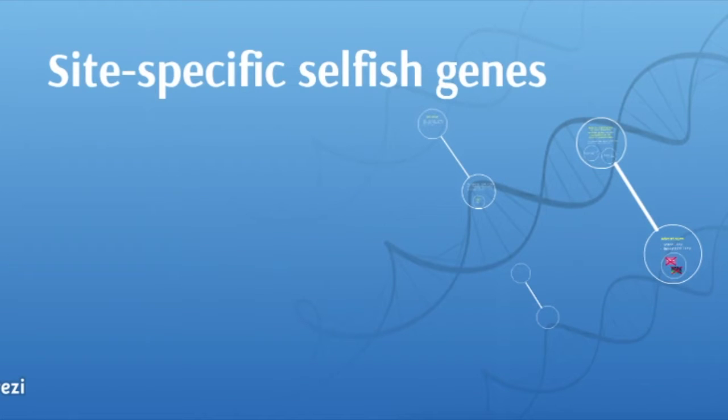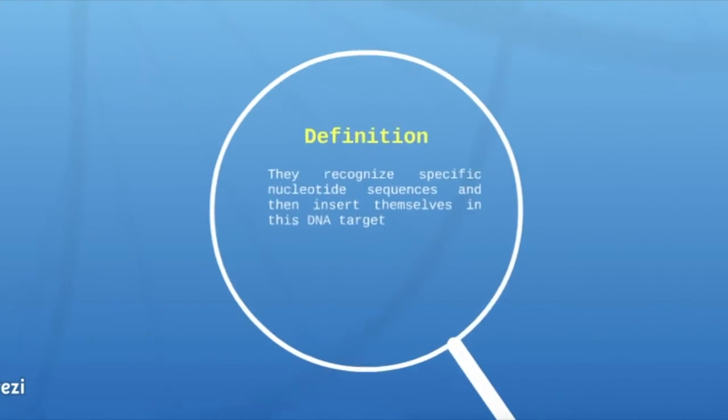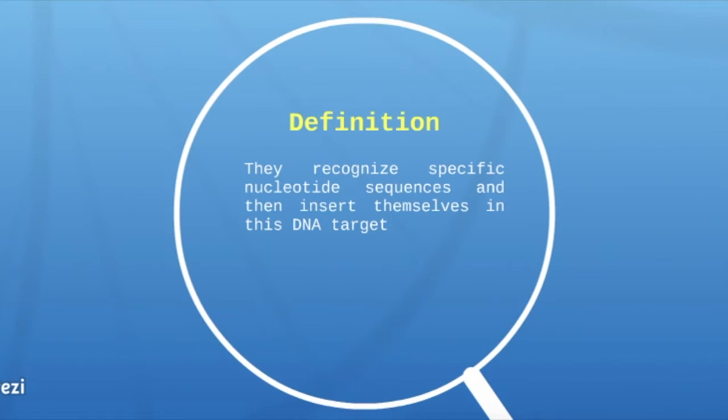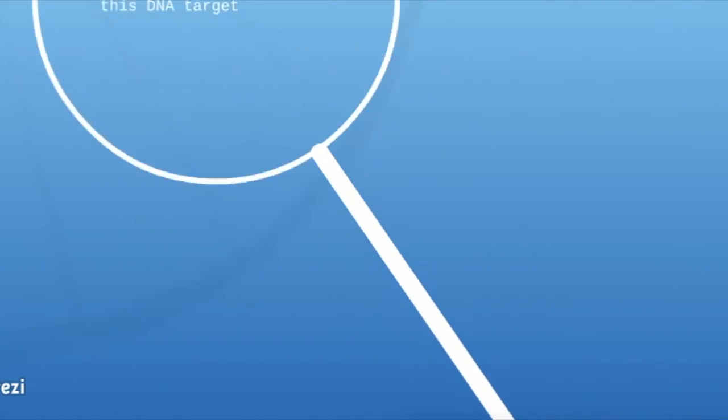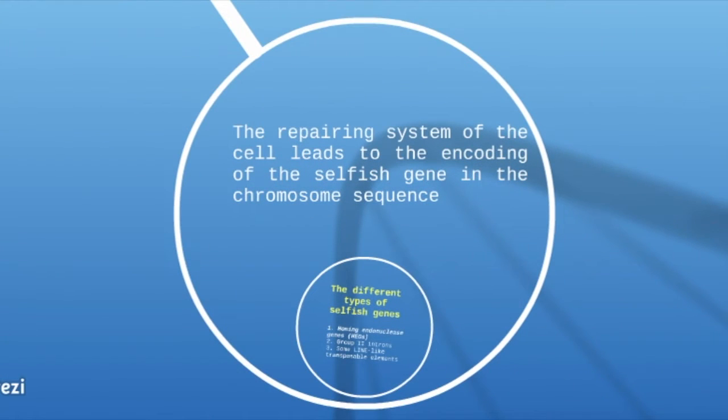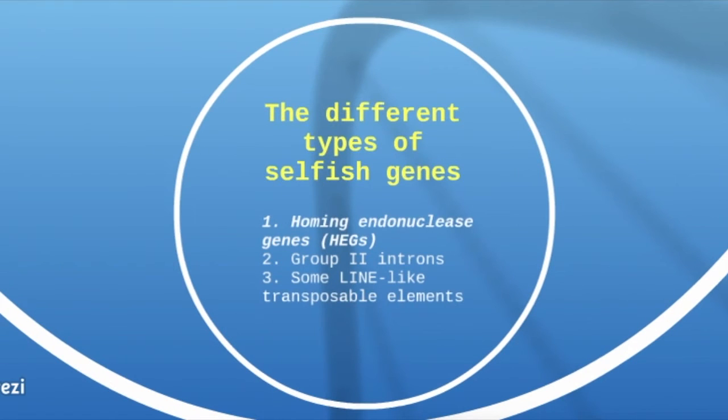Site-specific selfish genes as tools for the control and genetic engineering of natural populations. Site-specific selfish genes recognize a specific nucleotide sequence within the cell that synthesized them and then insert themselves in this DNA target. The repair system of the cell then leads to the copying of the selfish gene into the chromosome sequence. We distinguish three types of site-specific selfish genes, which are homing endonuclease genes, group 2 introns, and some LINE-like